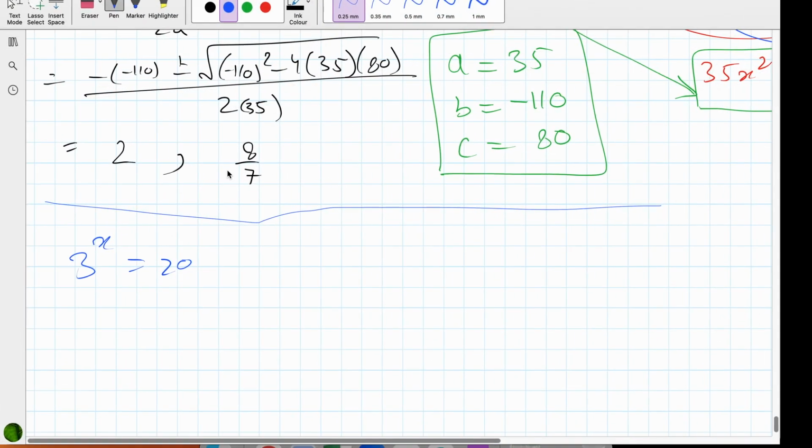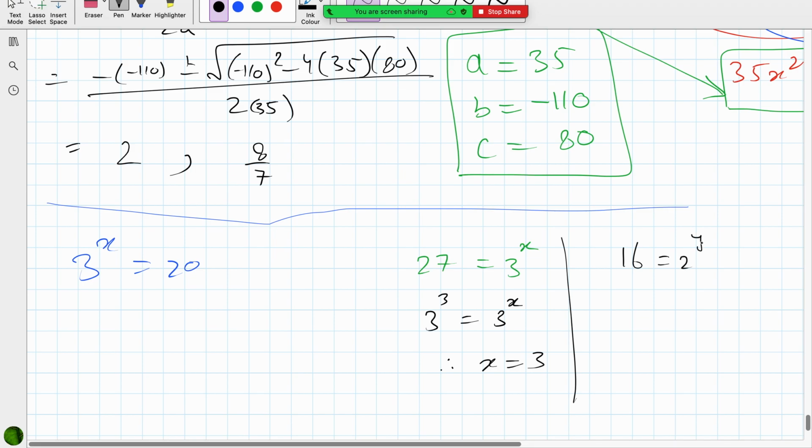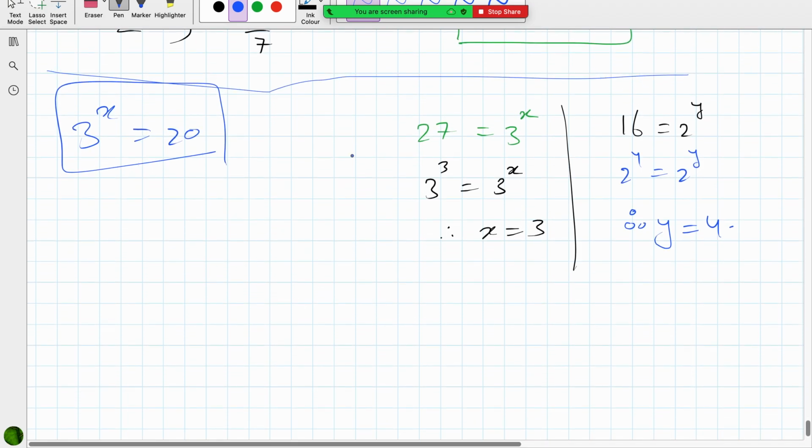If it would have been something that we can convert into perfect powers, for example, if I have 27 is equal to 3 raised to power x, so I know I can change this 27 into 3 cubed, and then I can say x is equal to 3. Or for example, the question is 16 is equal to 2 raised to power y. We can write 2 raised to power 4 is equal to 2 raised to power y and say that y is equal to 4. But in this case, this is not a perfect power number, so we